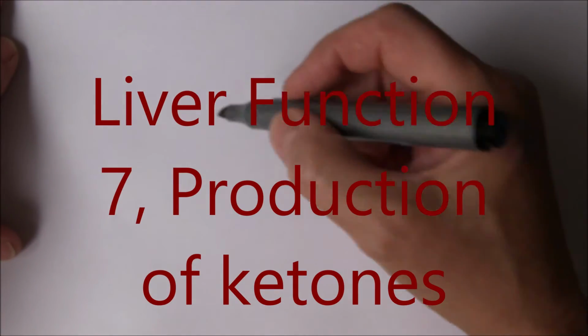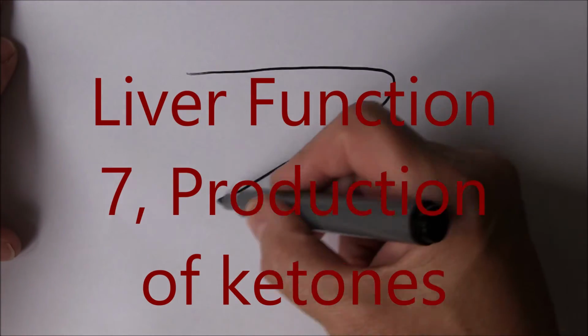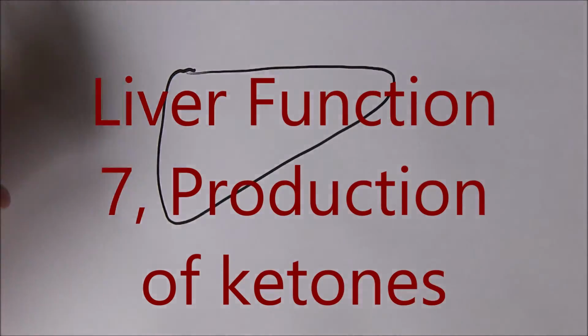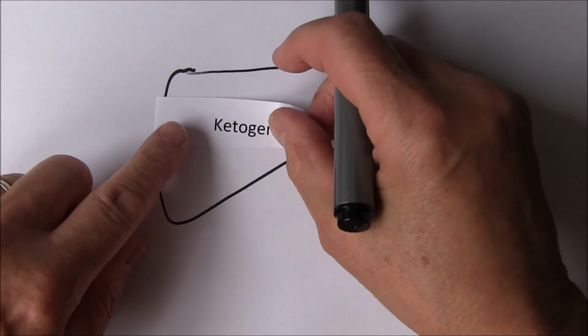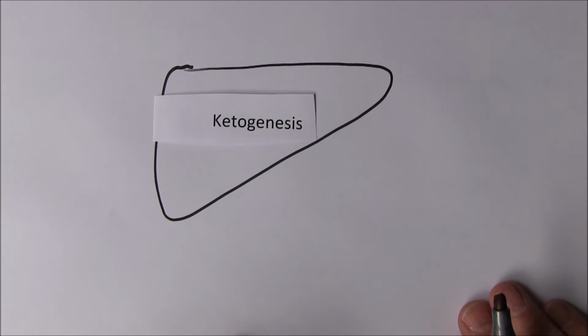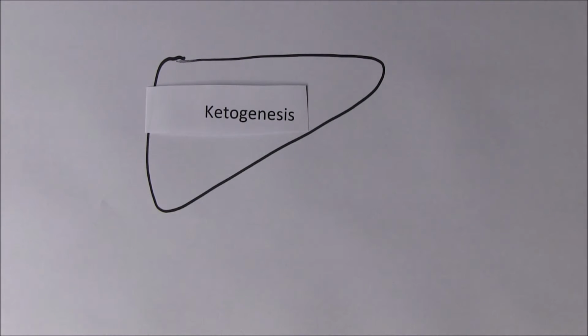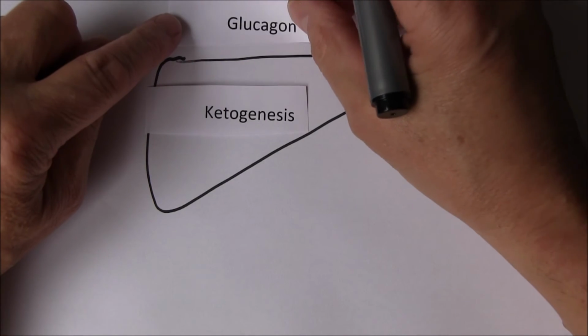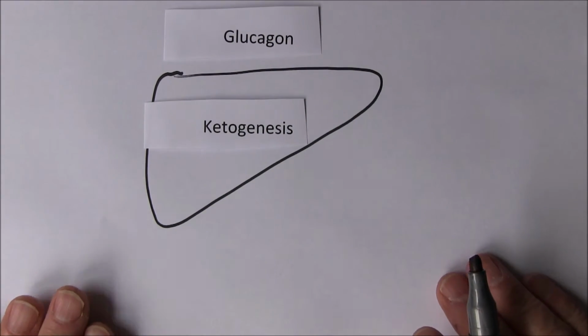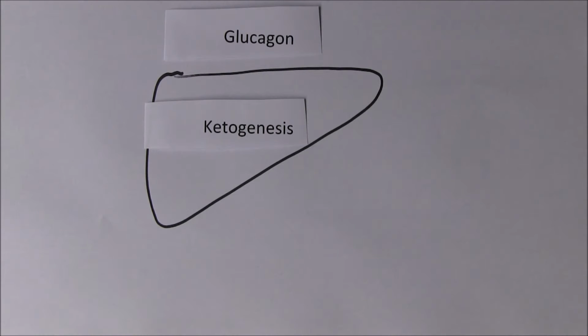It's quite an important one. Well, they're all important, of course, but let's think about another function of the liver. And the one I want to think about now is ketogenesis. The liver will produce ketones. And this happens particularly under the influence of the hormone glucagon released from the alpha cells in the pancreatic islets